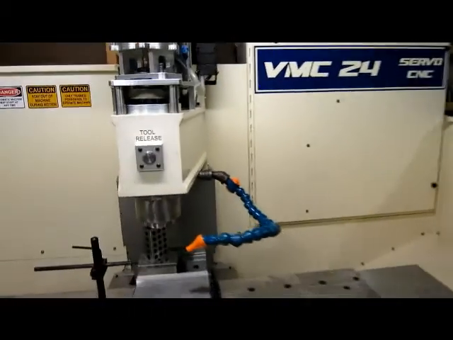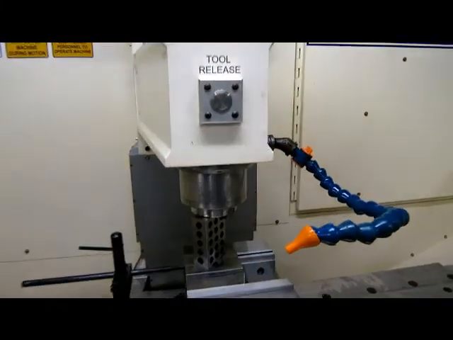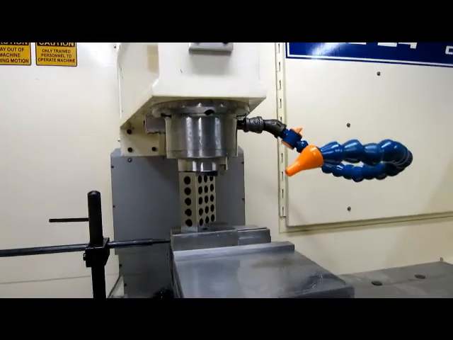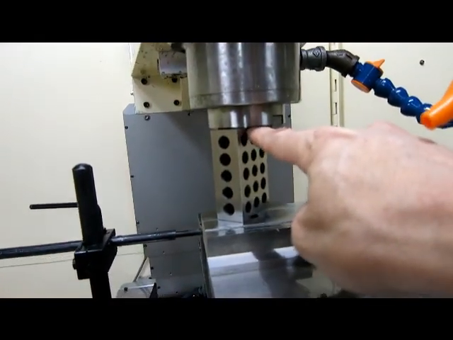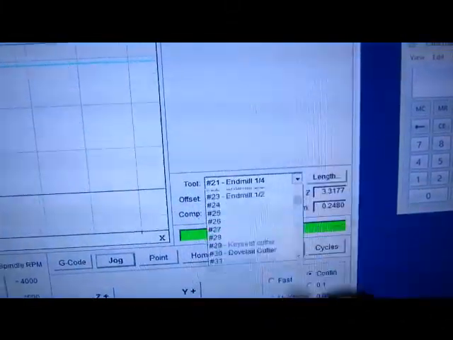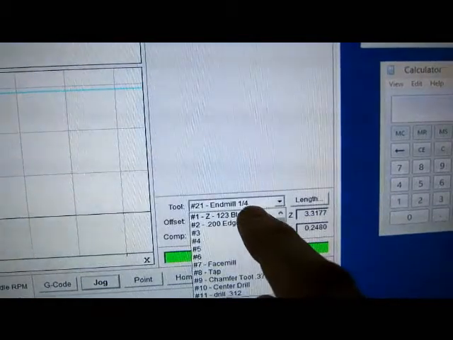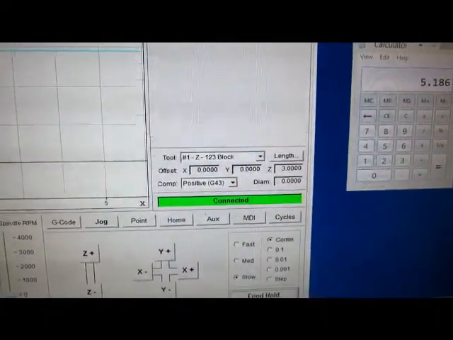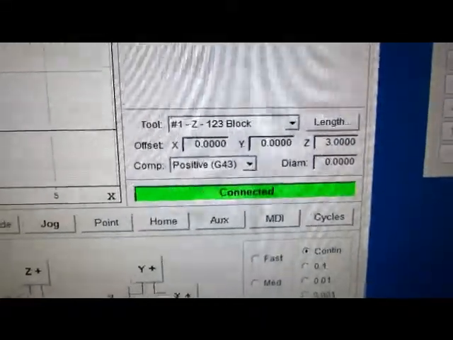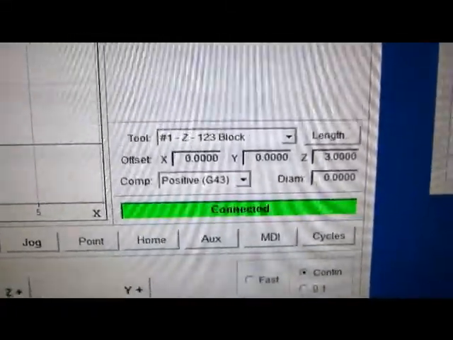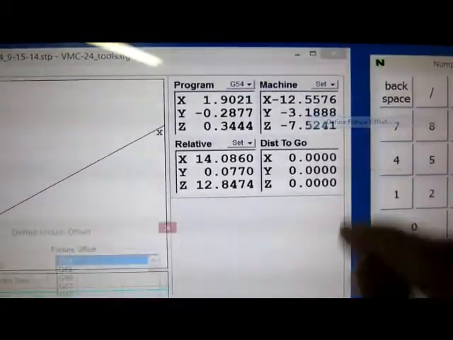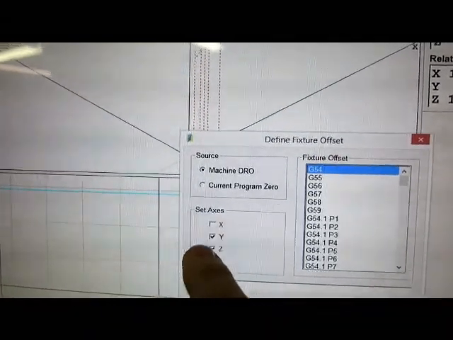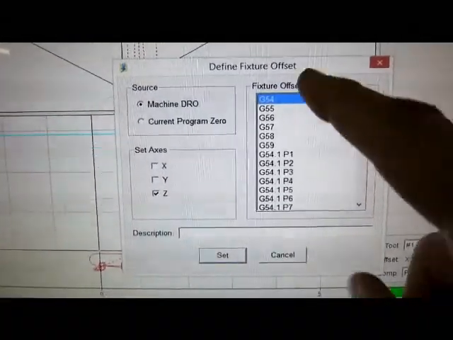So what I normally do is I set my Z0 reference point just using a 1, 2, 3 block, a known dimension from my spindle nose to my workpiece. And what I'll do is I'll go in here and I have set up in my control a tool. I call it tool number 1, 1, 2, 3 block. That's 3 inches long. So with that known, I go up and I define a fixture offset and I set my Z for G54,